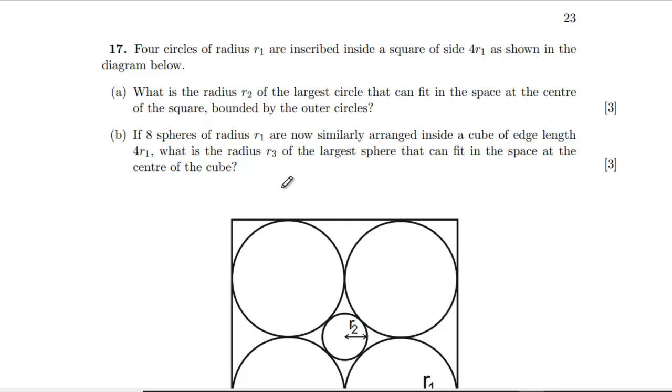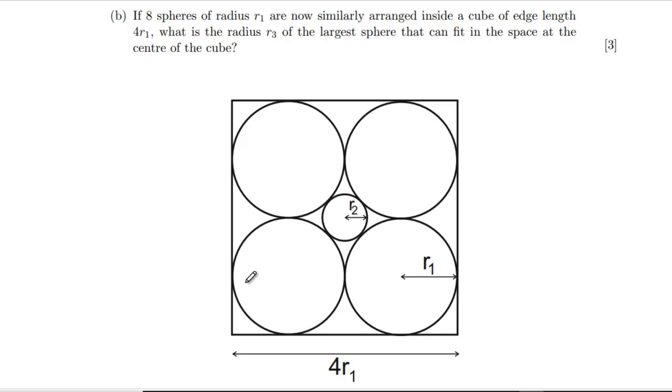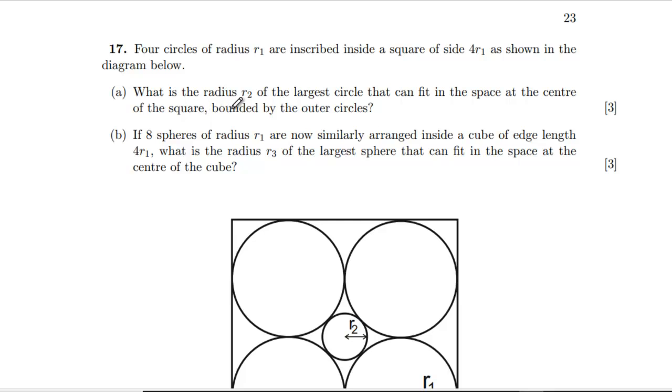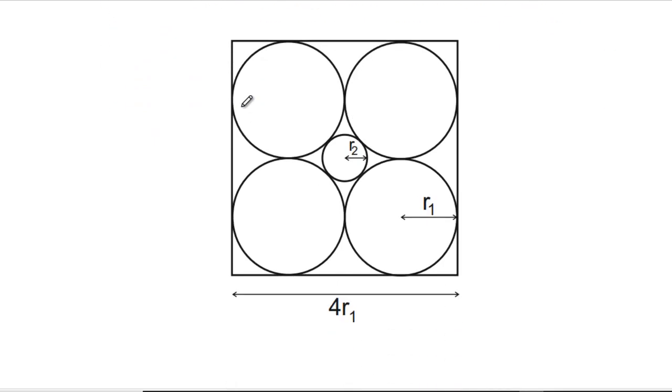4 circles of radius r1 inscribed inside a square of side 4r1. Right, so this picture, circle, circle, circle, circle, small one stuck in the middle. What is the radius r2 of the largest circle that can fit in the space? Right, okie dokie. This is giving me memories of a 2006 PAT question where we only had 2 circles,